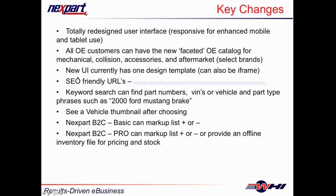Okay, now this is a big one. SEO friendly URLs. I don't know if you can see on the screen here, but basically, let me see if I can highlight it. No, I guess I can't. One of the most important things for search engine optimization is a search engine friendly URL, and a search engine friendly URL is one that you can actually read. So what you can see here is it says